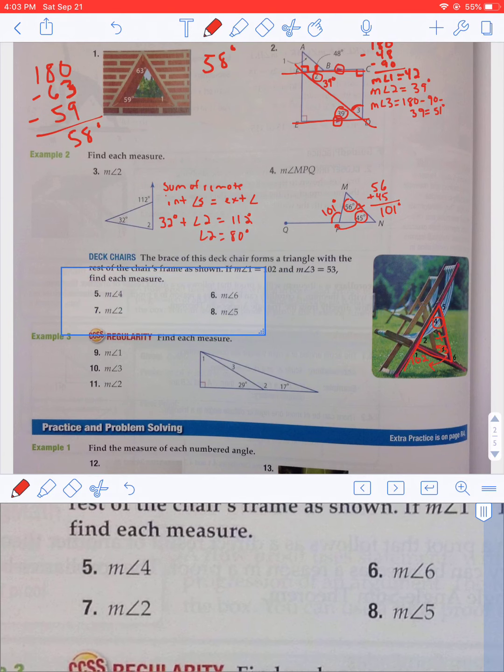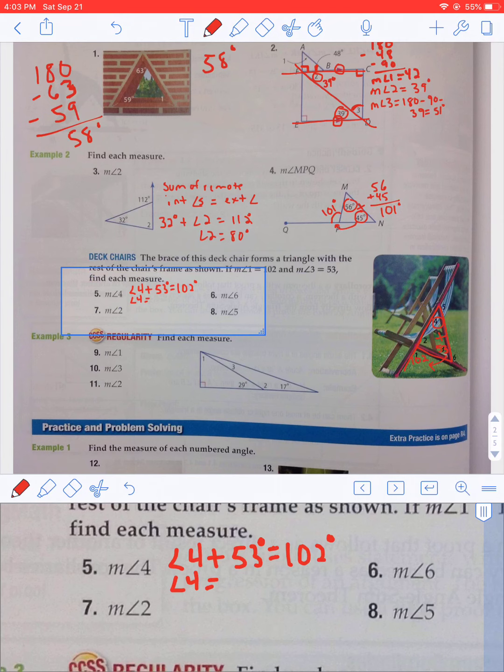So I'm going to say angle 4 plus 53 degrees is equal to the exterior angle, which is 102 degrees. So I wrote that angle 4 and 53 added together, which are my remote interior angles. Remember, our exterior angle theorem says the sum of the remote interior angles is equal to the exterior angle. So now all I've got to do is subtract 53 from 102, and angle 4 is going to be equal